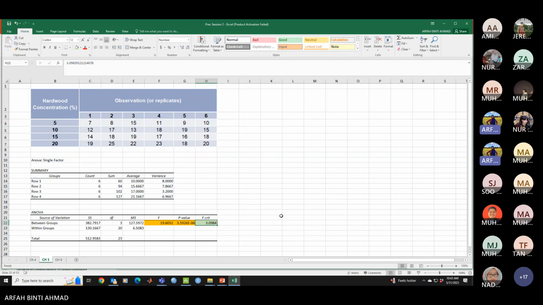So automatically you can see 19.6052 is greater than 3.09. Reject H null. The P value is also less than 0.05, so reject H null. And you don't have to do the tedious calculation for SST, SSE, as well as the sum squared for the total. So dapat